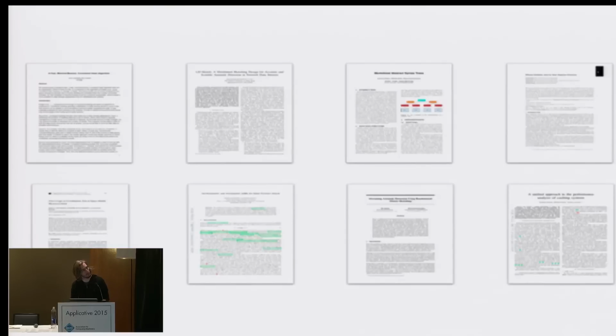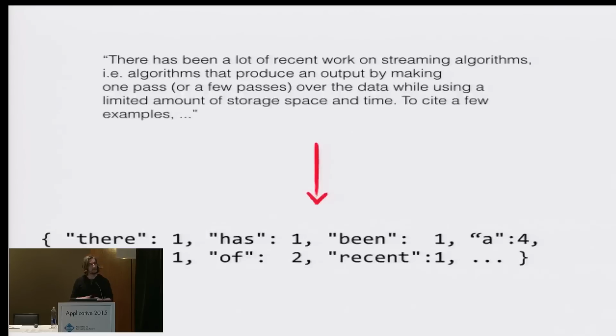A bunch of different papers. We store, let's say, millions and millions of them. Great. Well, the first thing that we need to do is take this document, and we convert it into a vector of some kind. In this case, I'm just using a bag of words type setup. So we lex the document, we convert it into a vector where each dimension is a different unique word across the entire set of documents that we have. And the values of those vectors in those dimensions is the number of times that the word occurs in the document.